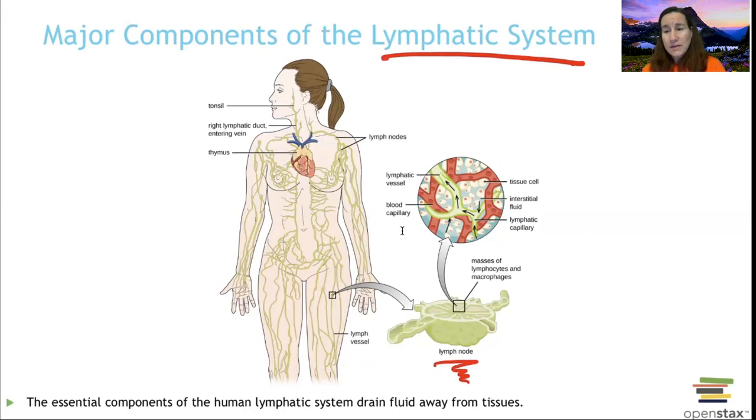So as the flow comes into these lymphatic tissues, we're going to have capillaries, and then they're going to go bigger and bigger and bigger as we go. And they're going to have little valves that make sure that the fluid is going in one direction so it doesn't back out. We're going to push this fluid. We don't have a pump like the heart, but we do have these one-way valves. And so that's going to make the fluid go towards these lymph nodes,